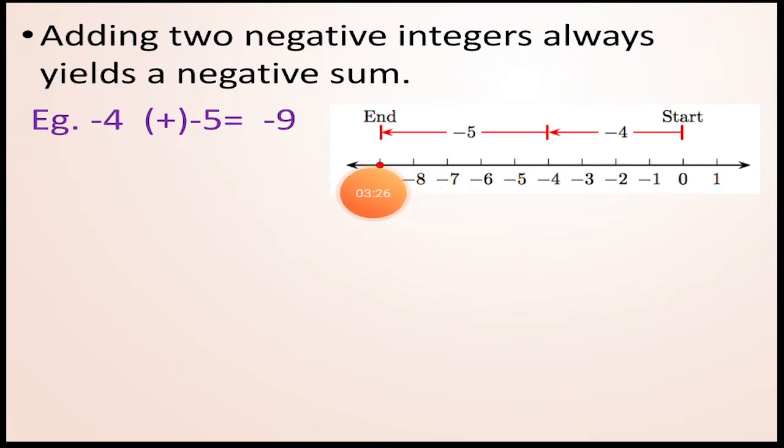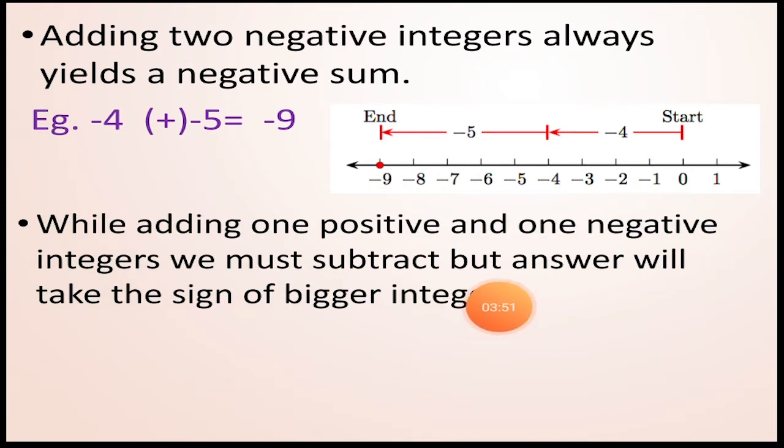Fine. So through the number line, let's understand. First we have drawn a horizontal straight number line, and on that from 0 we first represented minus 4 by moving 4 steps towards the left direction, and again from minus 4 we have taken 5 more jumps in the same direction, and that has taken us to minus 9 on the number line.